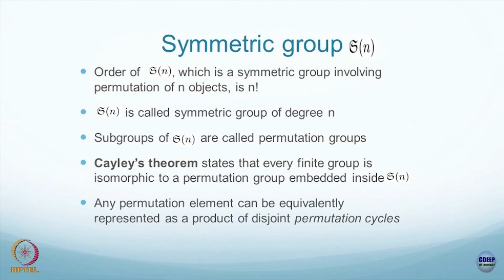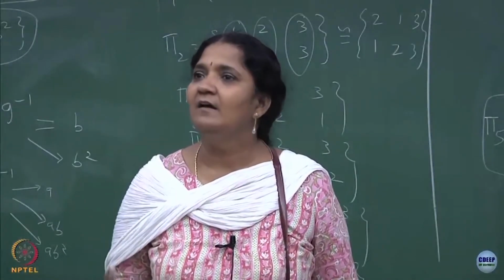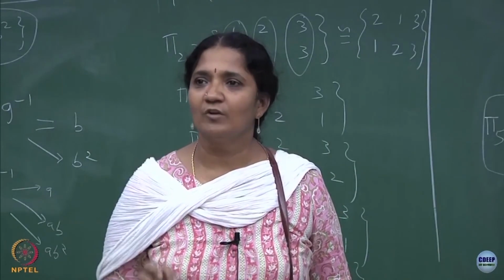If we understand that, then we know how to do subgroups there, how to understand conjugacy classes, and this may be useful. Suppose I give you a finite group of order 6, for example, in this case when I gave G1 to be this, then you can see that there is some kind of isomorphism to the symmetric group of degree 3, right. So, the same thing can be done for other finite groups by invoking Cayley's theorem.